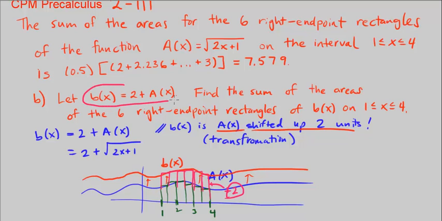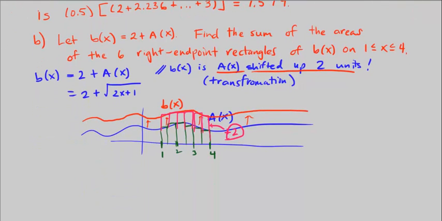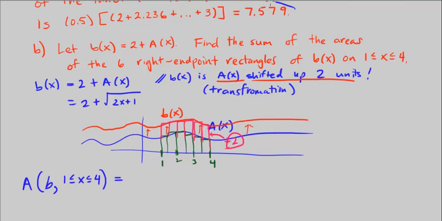Just because we know b of x is equal to a of x plus 2 units. So, given that information, we know that the area bounded by our function b of x between 1 and 4 is just going to be the same thing as the area bounded by a of x. The area bounded by a of x